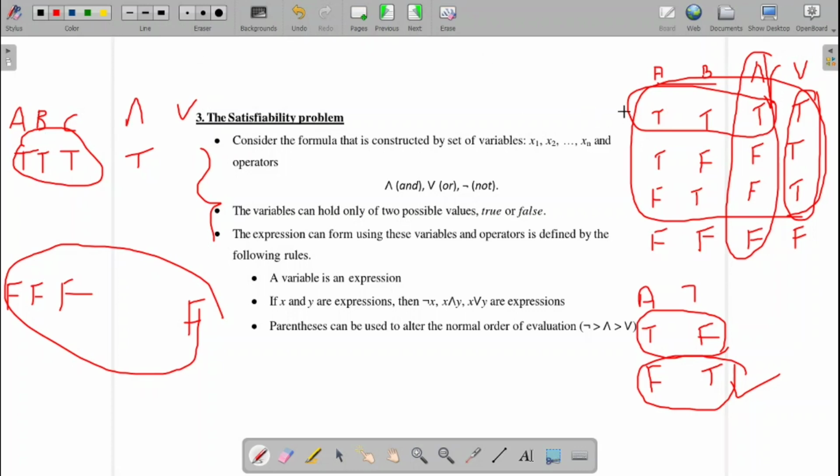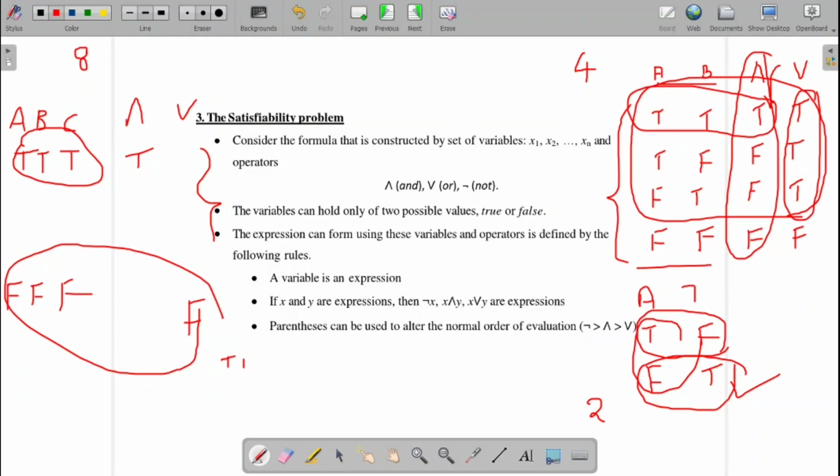If you observe how many combinations we made: when the input size is 2, we made 4 combinations. If the input size is 1, I made 2 combinations. In this case, I need 8 combinations. What are the 8 combinations?